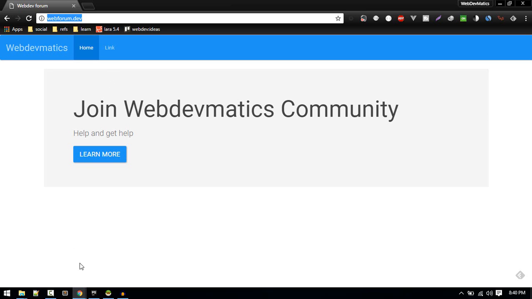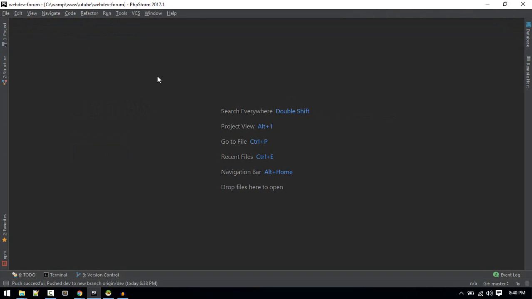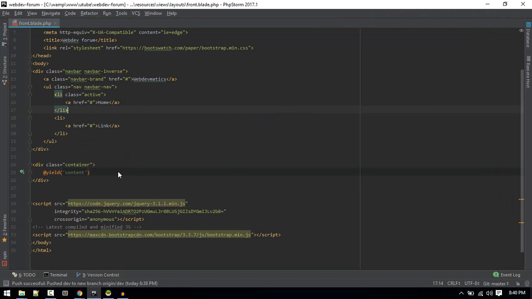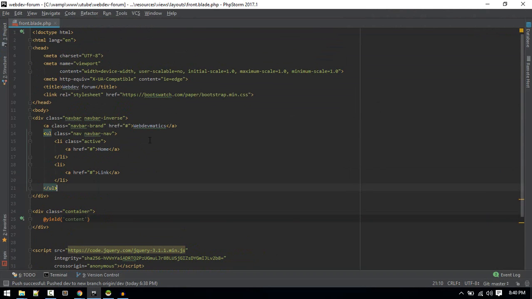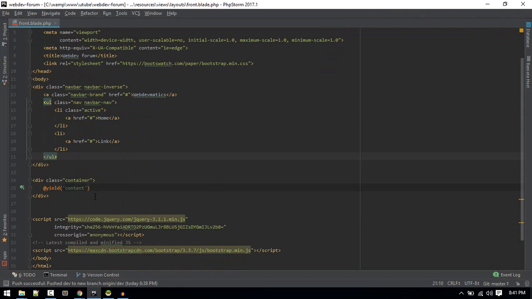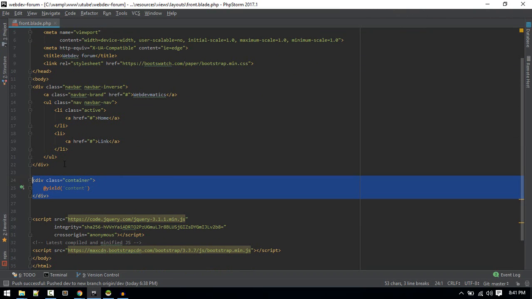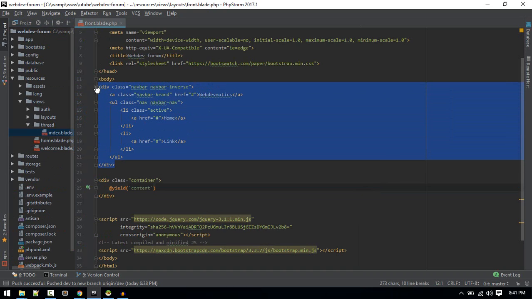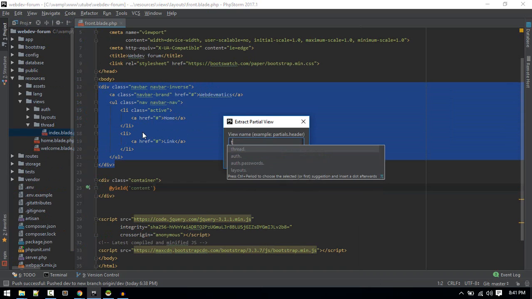So yeah, let's first fix some layout. Let's go to front.blade. This is our layout file, and here we are showing content, and the navbar is here. So we can refactor this. I'm using PhpStorm, which helps me refactor this into a separate partial. When I press Ctrl T, it gives us the option to extract a partial view, and I will just put this